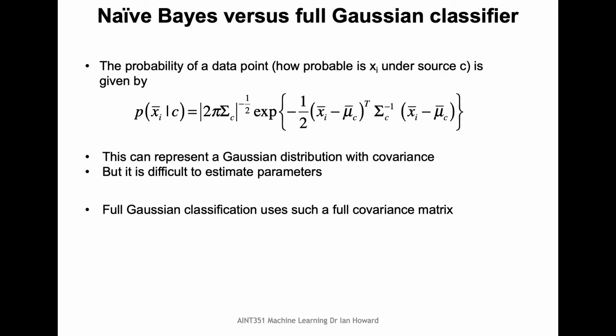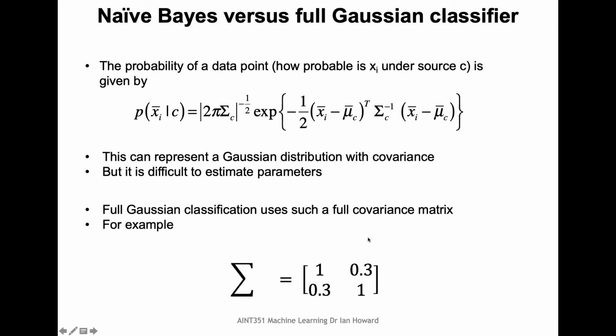We can, of course, use that representation, but the problem is it's difficult to estimate the covariance matrix, and that's why we will normally try to make an assumption that we have independent features. So it could be that we end up with some data set and we estimate the covariance and it looks something like this. The important thing to notice, in this case, along the leading diagonal, we have the variance terms, the variance for feature 1, feature 2, this is for two-dimensional data,